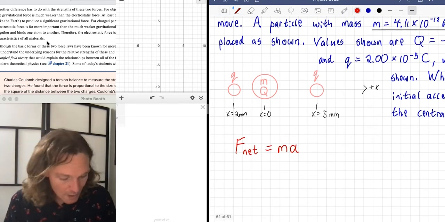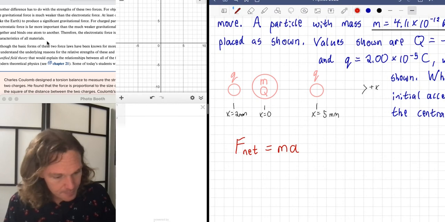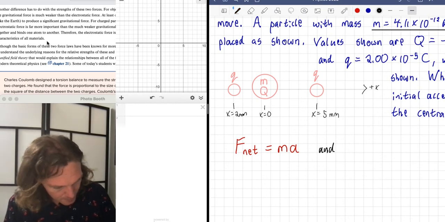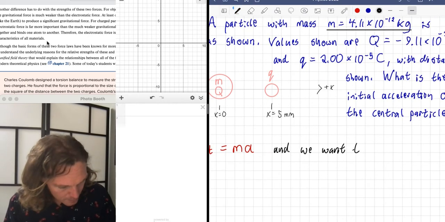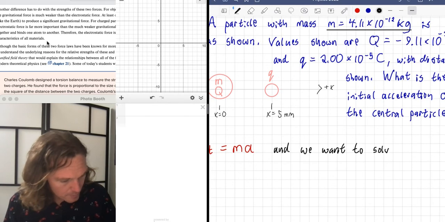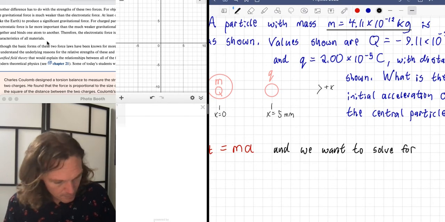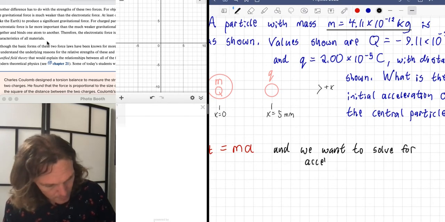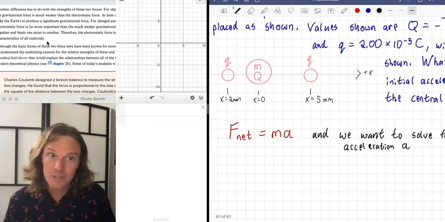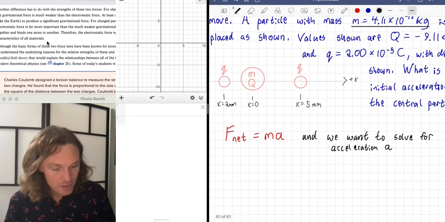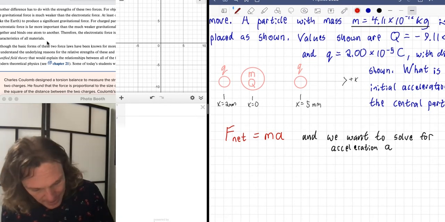All right, and then we want a. There we go, acceleration a. Should make that absolutely clear. Okay, so F net